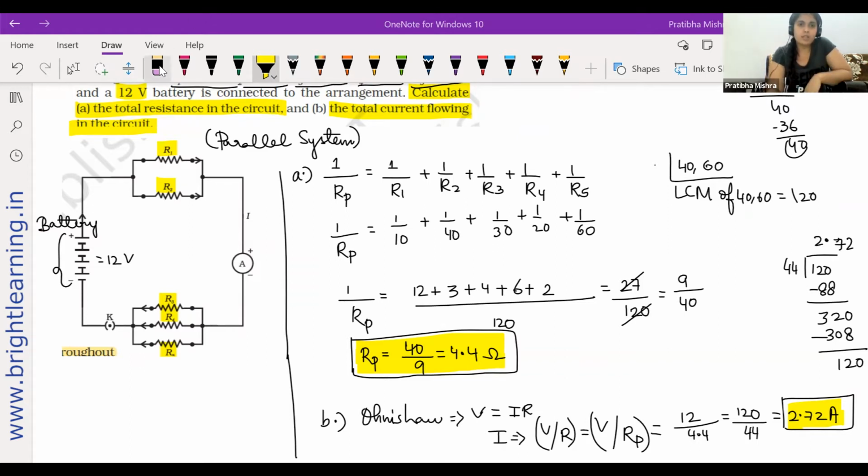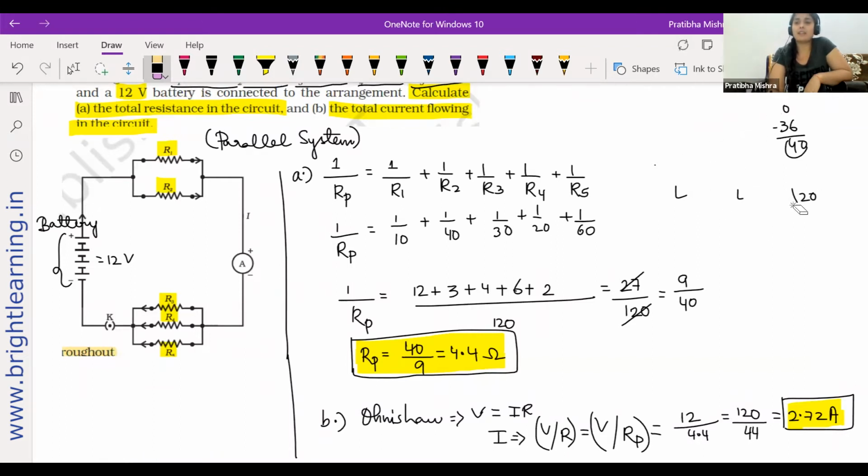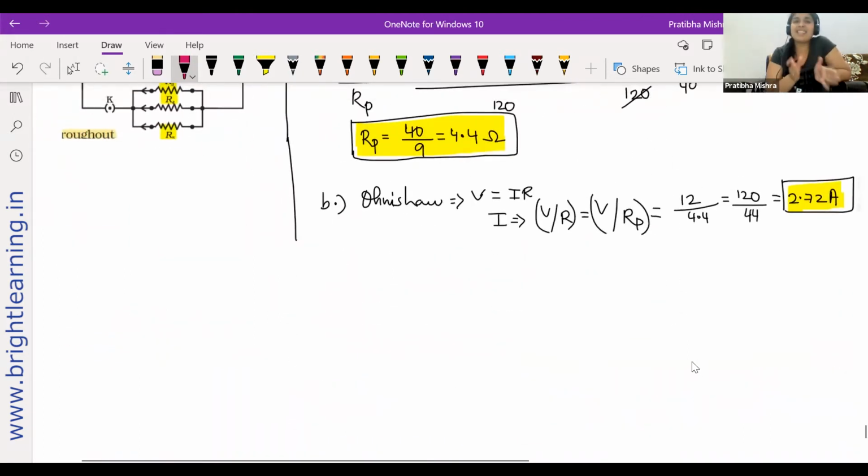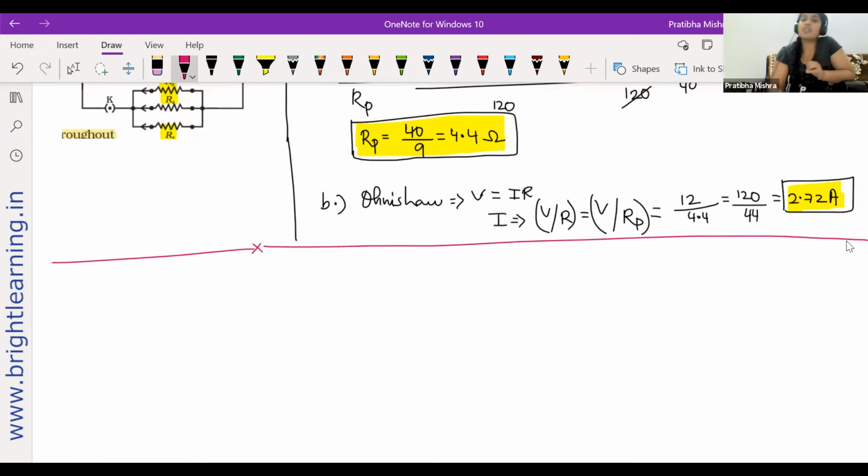All right, let's go to the next concept. What is the next concept? Heating effects of electrical current. Okay, heating effects of electrical current. I'm just erasing this stuff so that we have space. Let's scroll down and let's understand. Now we are going to learn about applications. We learned about series, we learned about parallel. Okay, what is the disadvantage of series connection? Why should we arrange it in parallel? We didn't see that. So today we will see that.